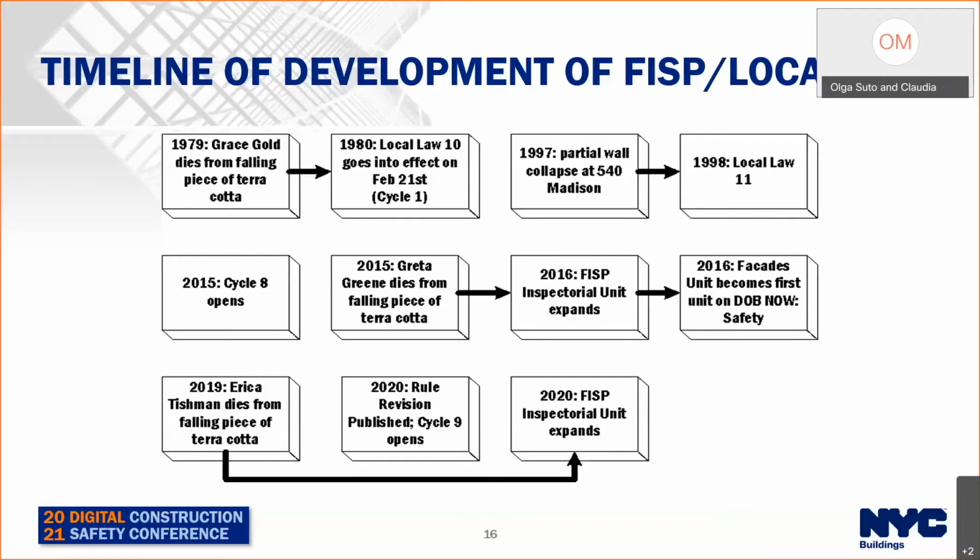Then some of you may remember a tragic accident in 2015 where toddler Greta Green was killed by a piece of terracotta that fell off a building facade. After investigating the accident, the Department of Investigations made some recommendations, including an automated database to track the history of each building's compliance. Facade compliance filings were moved from paper to DOB Now Safety. The facades unit was the first unit to be on DOB